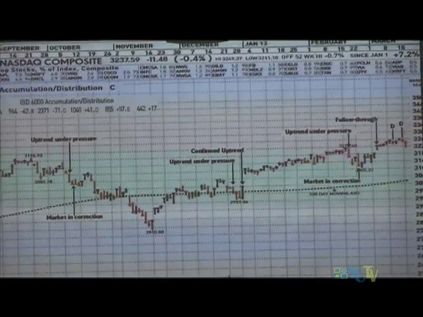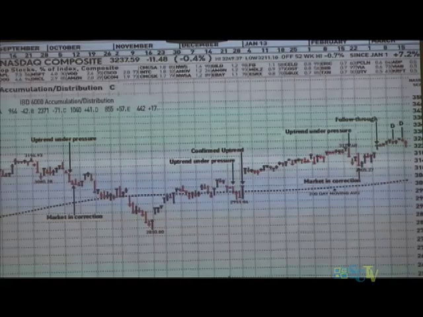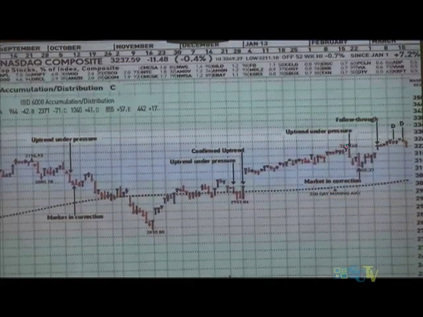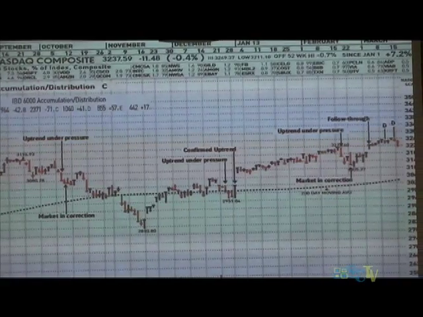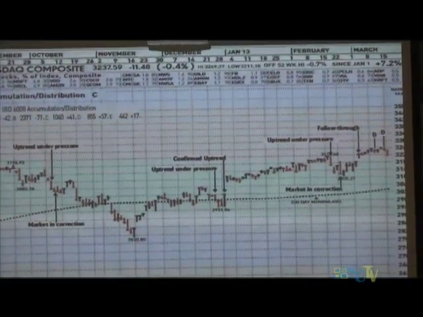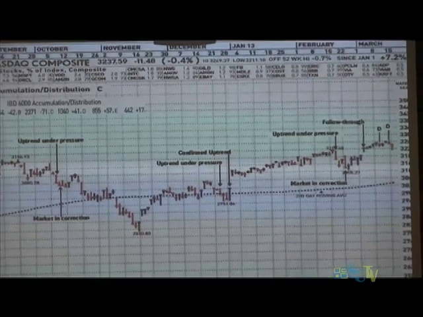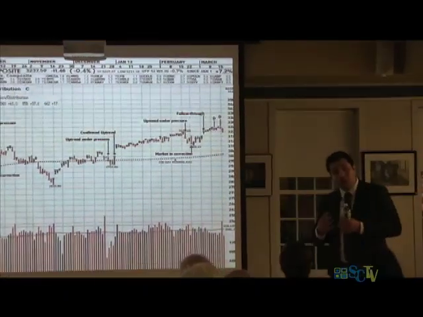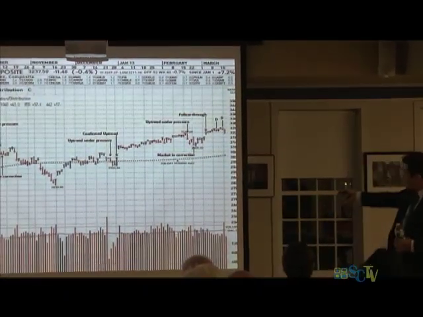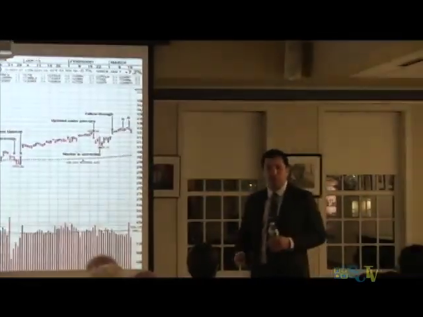Now, we got to a point, however, where we started getting distribution in this area. And we got enough distribution where we had to put the uptrend under pressure. We just had to. There were 5 days on the NASDAQ. They're not up there, but trust me, they were here. There were like 5 distribution days on the NASDAQ. There were 6 or 7 on the NYSE. So there was a large amount of distribution. And then we had that nasty down day, and we could not ignore it. We had to put the uptrend under pressure.